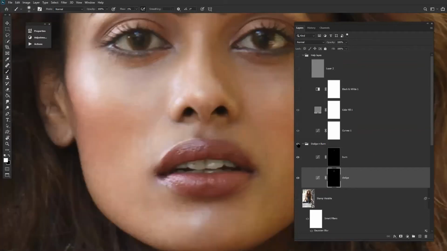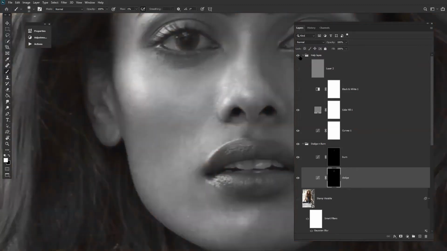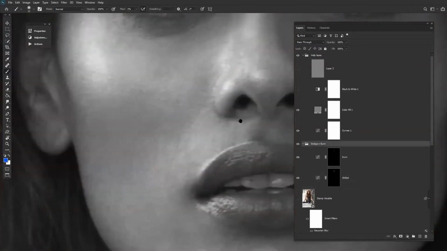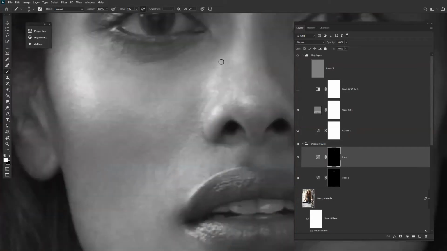Now see, here is a line transition which is very odd. So we'll burn it out right now. The black lines, we can dodge out a little to merge it.